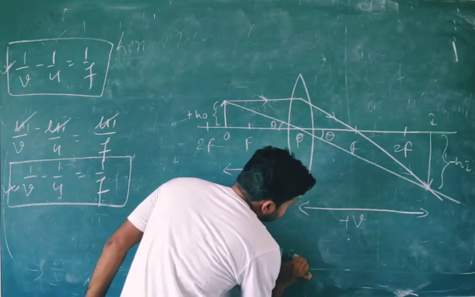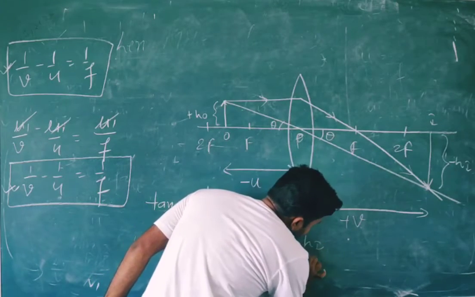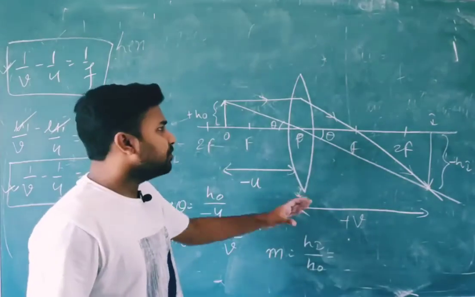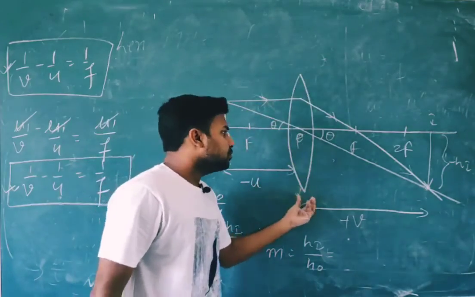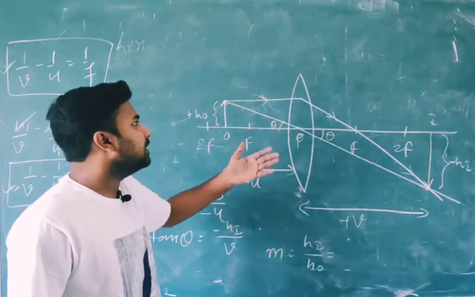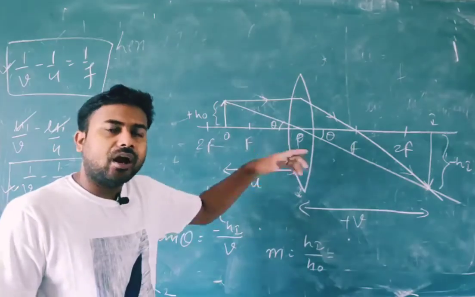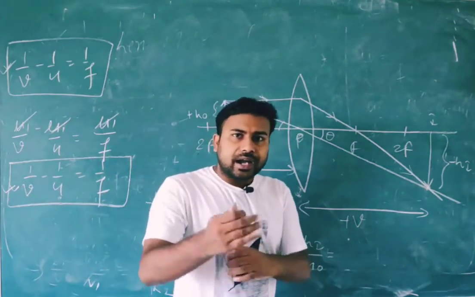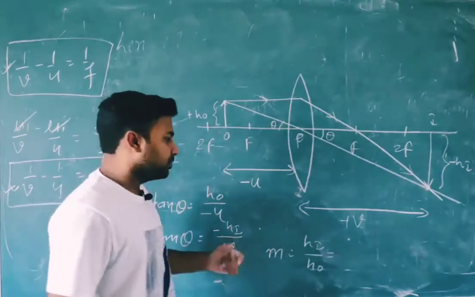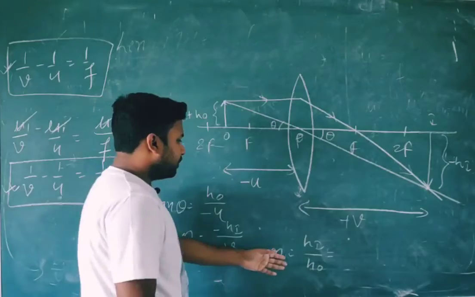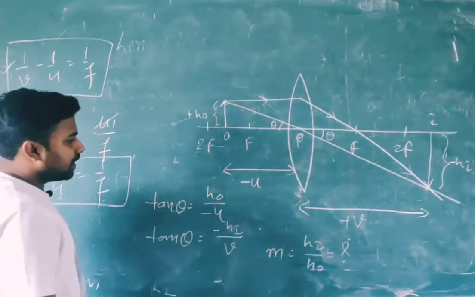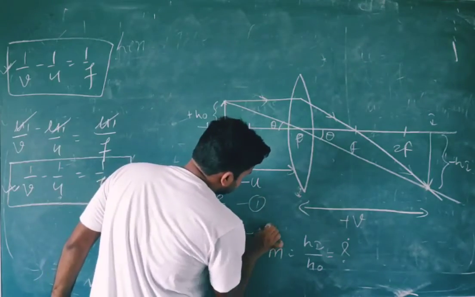And what is the magnification formula student? We all know the magnification formula is height of image divided by height of object. Why am I writing this? It means after refracting through this lens, how much this lens is magnifying the object, and how will you get it? If you divide the height of image by the height of object, then only you will get this. So now we have to calculate this one. This is our magnification formula. These two are the same. This one I am assuming first, this one second.